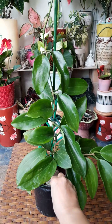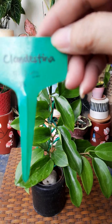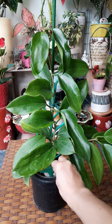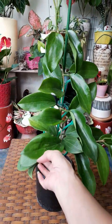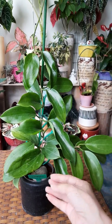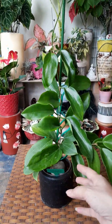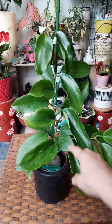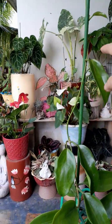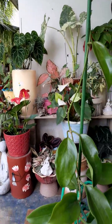My next one I'm going to show you is called Clandestina. I got this on May 13, 2022, and it only had 5 leaves. So from 5 leaves down here, it has grown. At first it was a slow grower. I thought it wasn't going to grow, but just recently, it has grown so tall. Look at that. It's grown big, and it's going taller, and I had to put it here. I don't want to bend it down because I'm scared